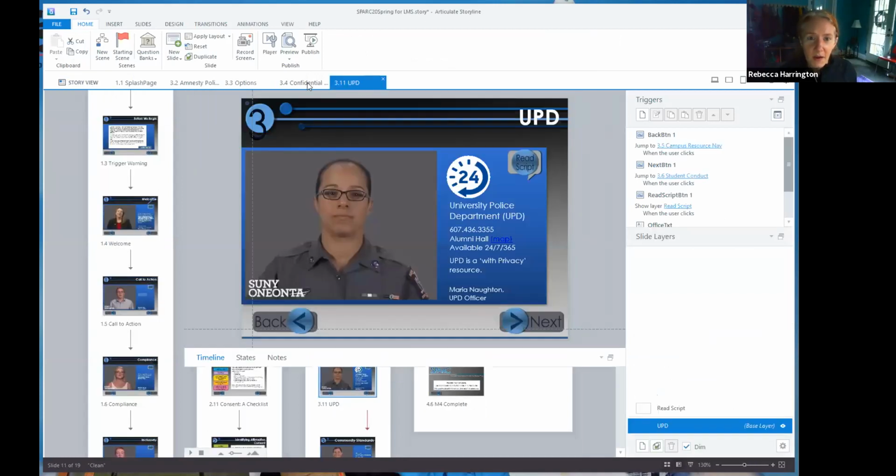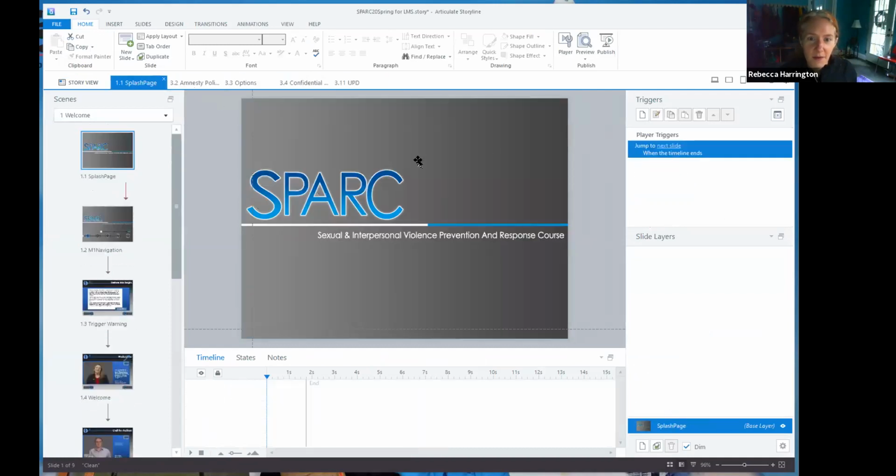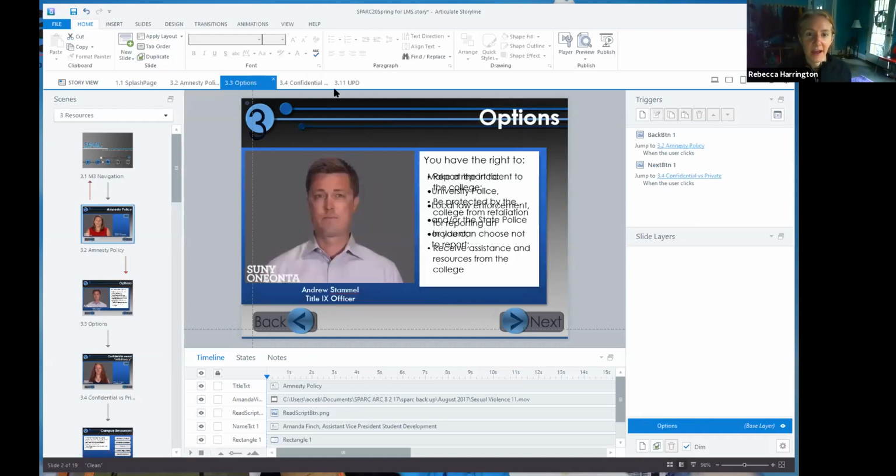So here I have a couple of different slides that are all people. They all have a title. They all have this box. They all have this read script button. A lot of times when I'm copying and pasting and building stuff pretty quickly, I'm just getting stuff in there. I want to make sure all my stuff's there. And then, like you said, towards the end, you want to go back there and be like, okay, is everything in exactly the right place? And clearly this version has had that.